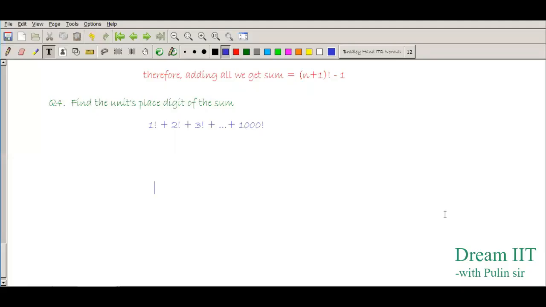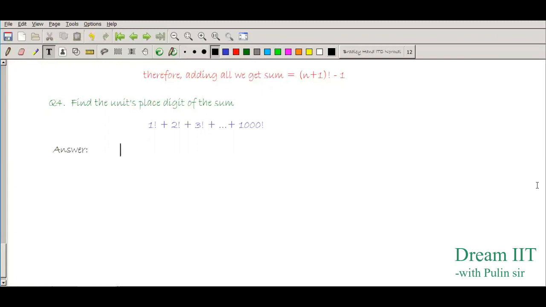This is a very good one, and so here is your next question. You have to find the units place digit of the sum. That means if 1 factorial plus 2 factorial plus 3 factorial you go on working out, then what should be the units place when you work out the complete sum? So this is really a very good problem. It is not a challenging problem, I cannot say that, but it is a good, easy problem. So let us just try to answer it. If we go for answering, you will understand it very easily.